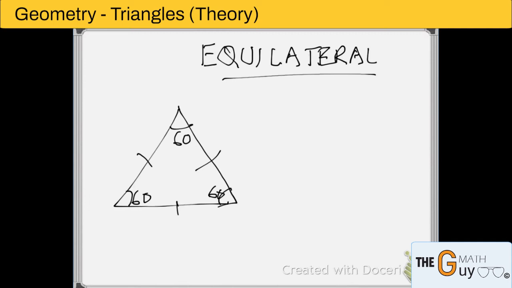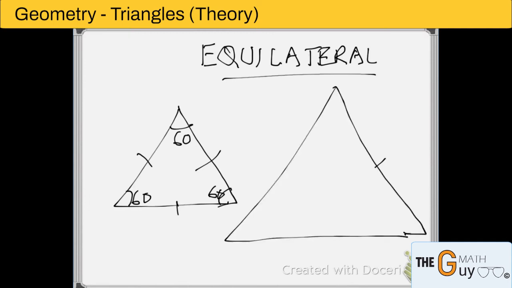Now what happens here is I'm going to draw another one just without the labeling. Okay, this is also equilateral. Now if I draw a height here, there's something special. As we discussed in isosceles, this is a symmetrical cut, so the height is the median and the angle bisector. So we get 30 and we get 60. Notice that there is a special triangle here, the 30, 60, 90 triangle,